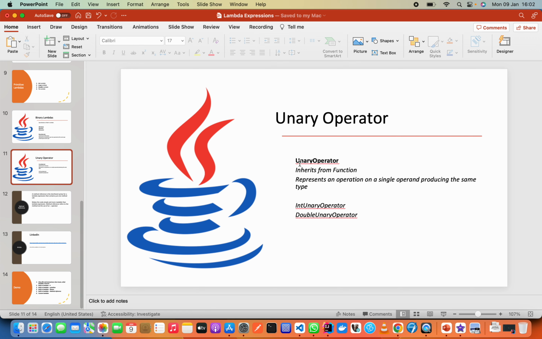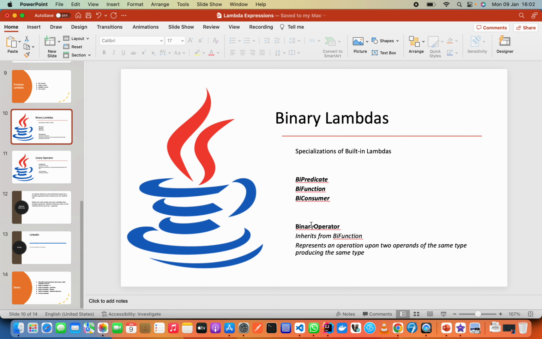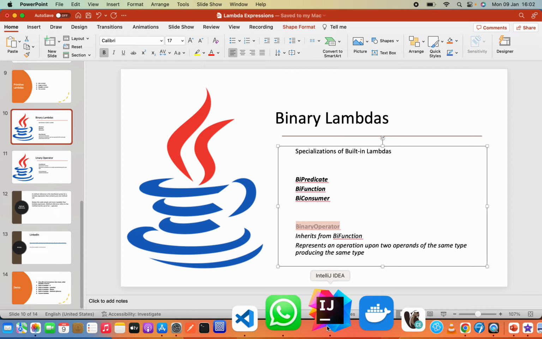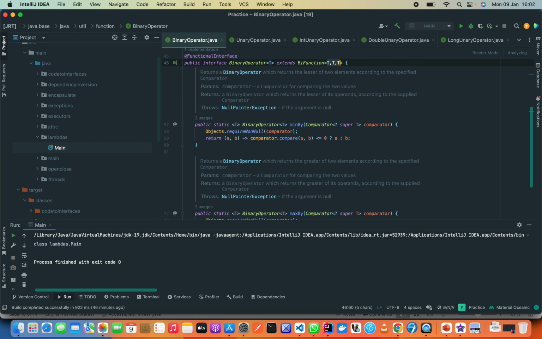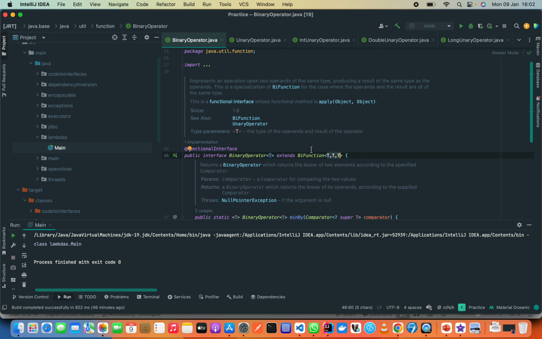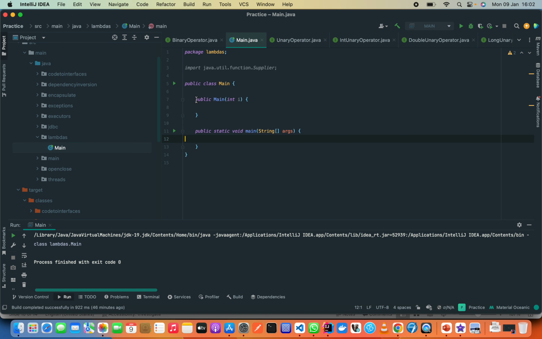We have a lot of these things in your code. So I'm just going to demonstrate to you guys how you can make use of the binary operator, just as I did with the others. That's the only one I'm going to work on for now. So we see that binary operator uses BiFunction. We take two things. We can start with binary. Let's start with BiFunction. So we saw that BiFunction,